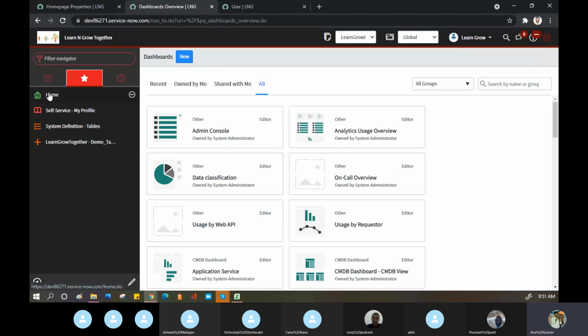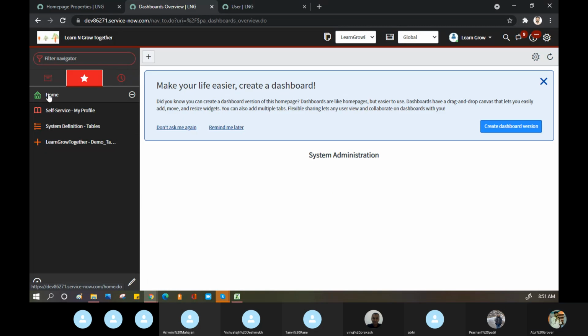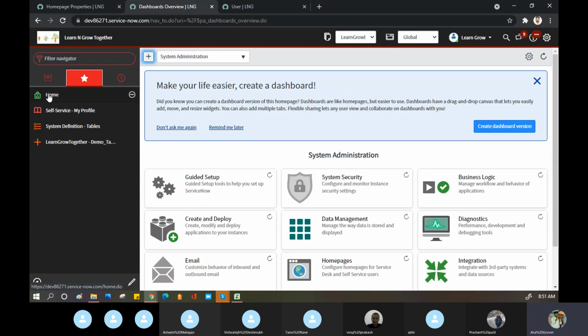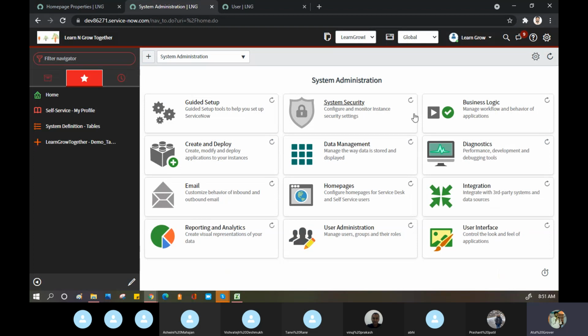So things are interrelated. Don't assume. Okay, let me give you one more thing here. Today, go to your home page, and you can do this exercise in my PDI as well. Create a home page for yourself.